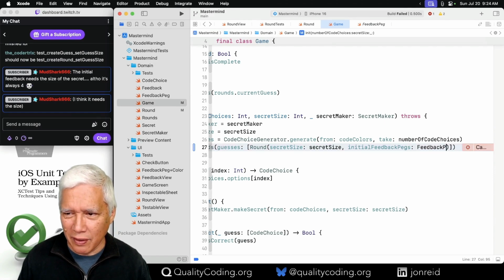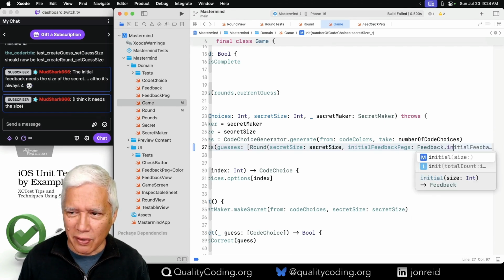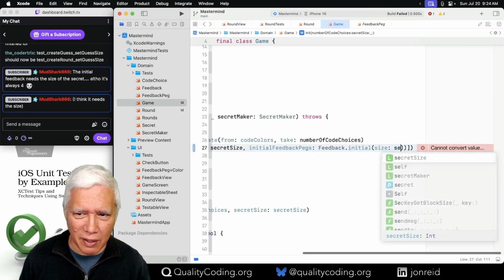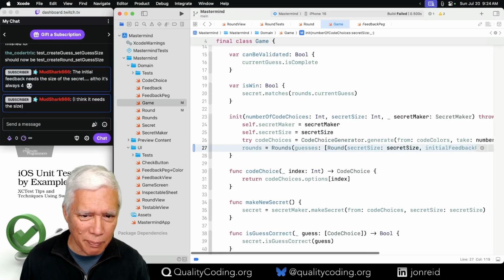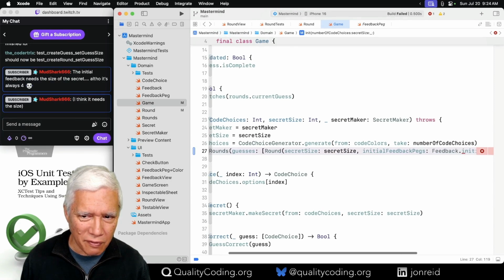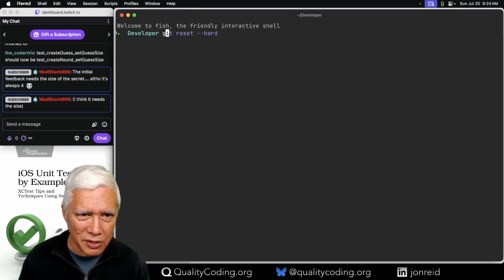There, this takes the initial size like that. And what does that size have to be? Well, it has to be this. And it feels like, okay, that's one, but this is going to happen in various places. And that feels really awkward. So let's reset.